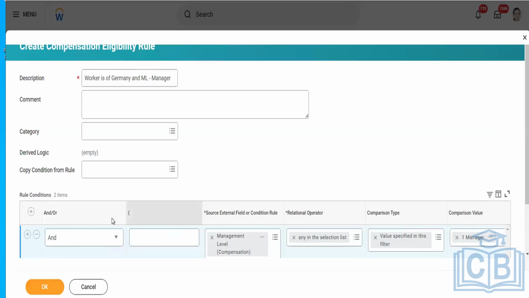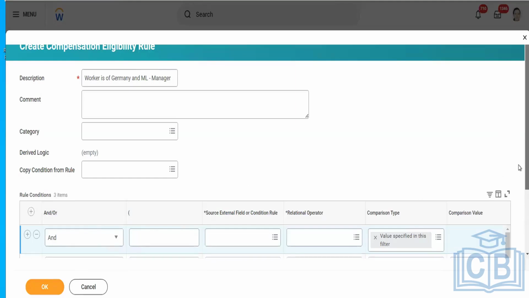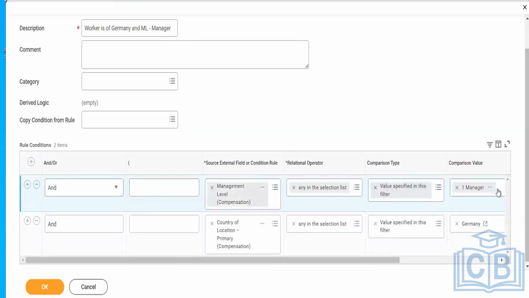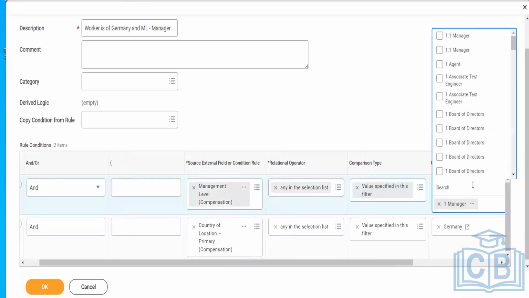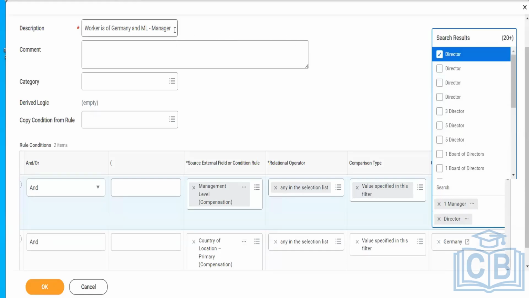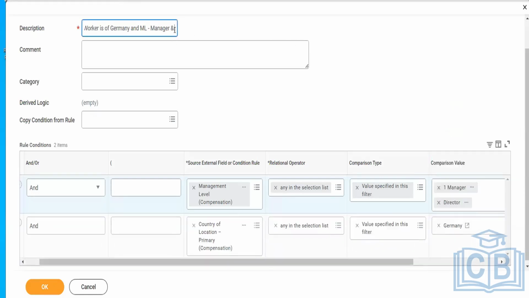In case you want to define anything else in the criteria, can we add on? Can we just make one more criteria like director? So if in case I wanted to give it for managers and director, I have an option to choose multiple right here. I will choose director. And we'll update the name as manager and director. Once this is done,